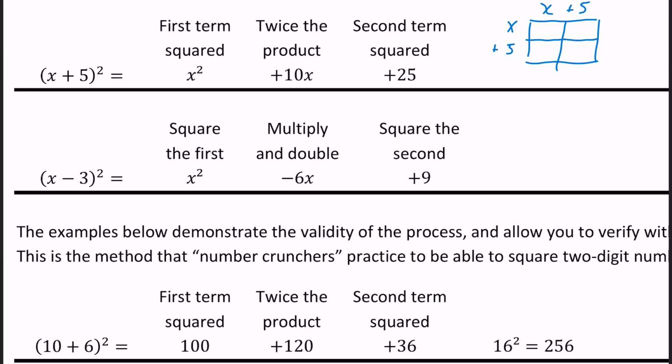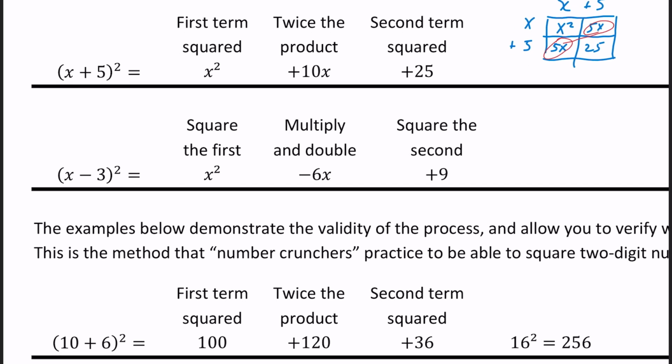Back to the box. That'd give me an x squared and a 5x on the first row. That'd give me a 5x and a 25 on the second row. And this part right here is where we say twice the product. We took the x times the 5, but it happened in two separate places, so we just double the answer. So it wouldn't really matter whether you did it by any particular method, but I just would encourage you